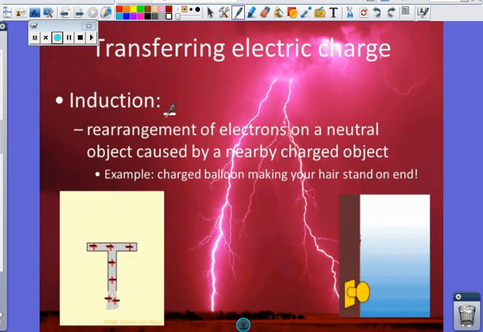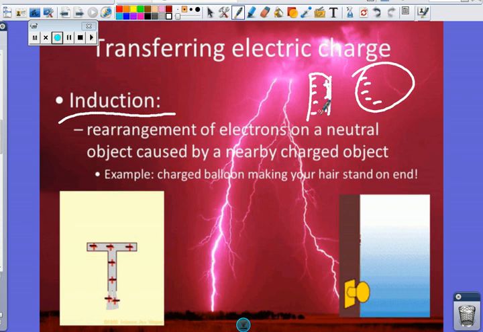The other way is induction. You can rearrange the electrons on a neutral object by bringing it close to a charged object. You don't have to touch it. But since you know that opposites attract, if you have a balloon that's all of a sudden all negative over here and some other object,